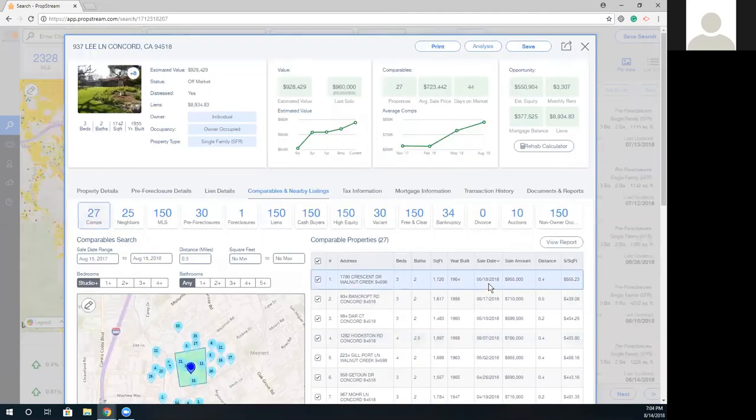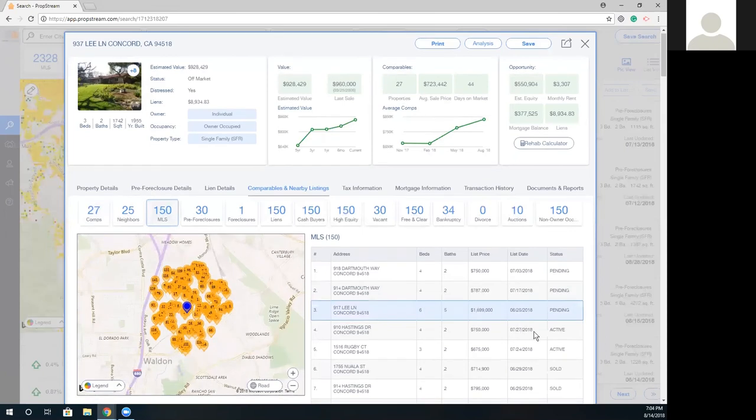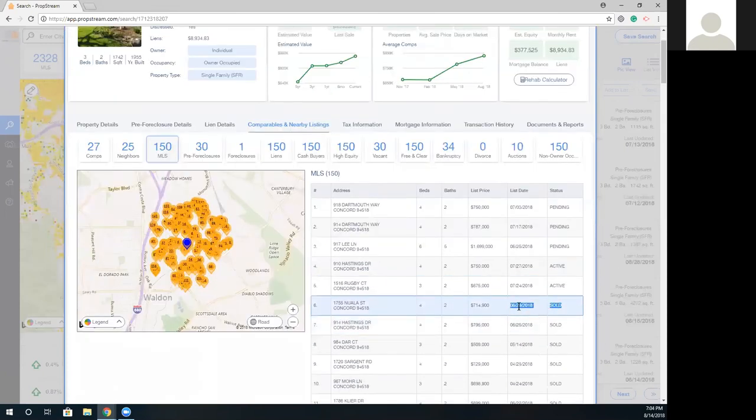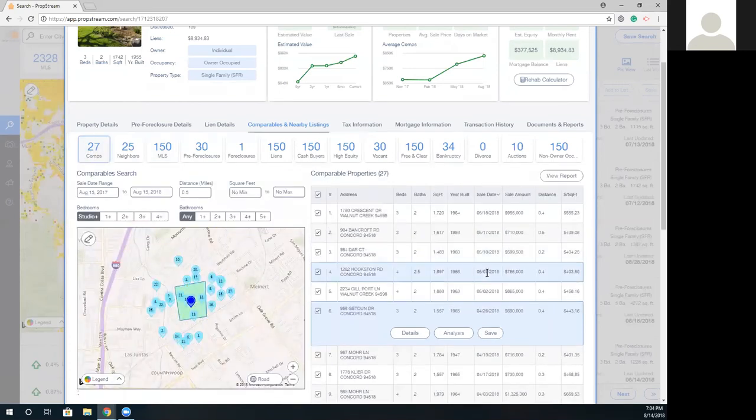Now this is again from our county source, but because we have access to the MLS board, we're able to see the MLS's activity. And what is important for me in that sense is I'm able to see sold activity that has happened after May 18th. So this was a sold property that occurred at the very end of June that has not yet populated through the county's recording office.